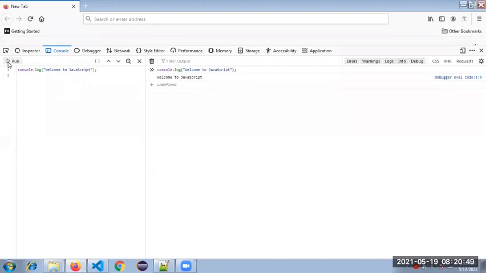This is the line to print whatever you want to see as your output in JavaScript. Based on the JavaScript engine, we have the call stack, and the call stack will understand this. Now I'm moving to the data types.